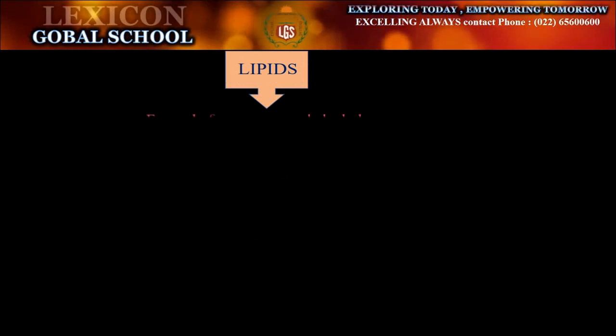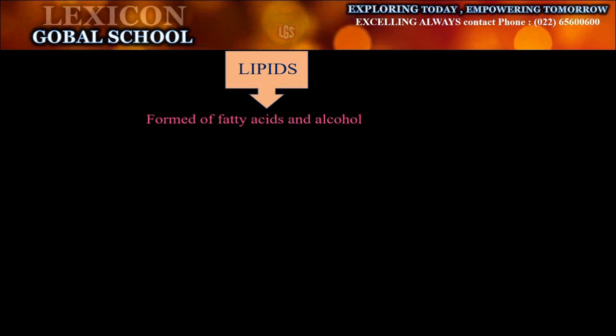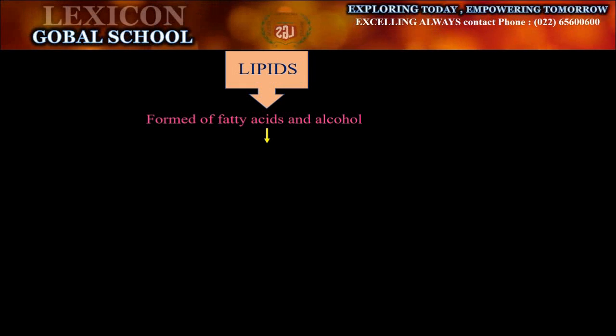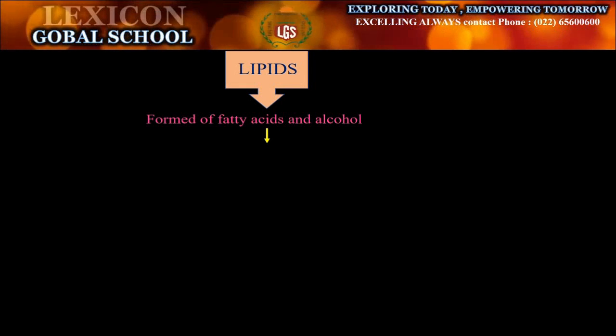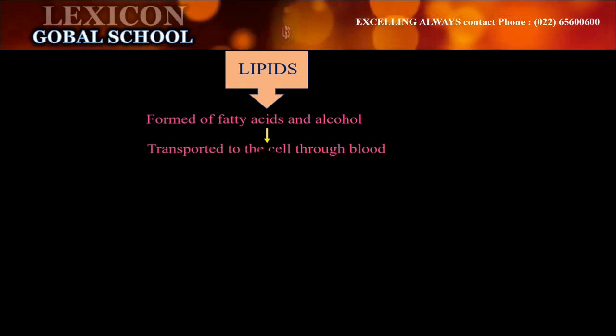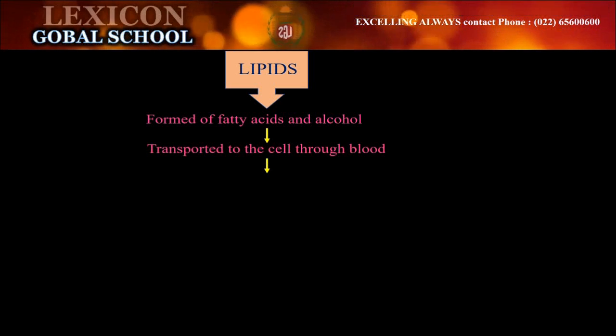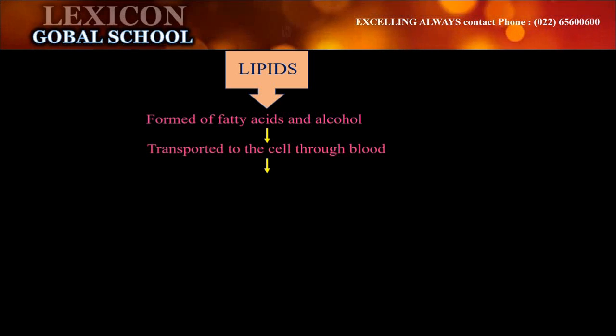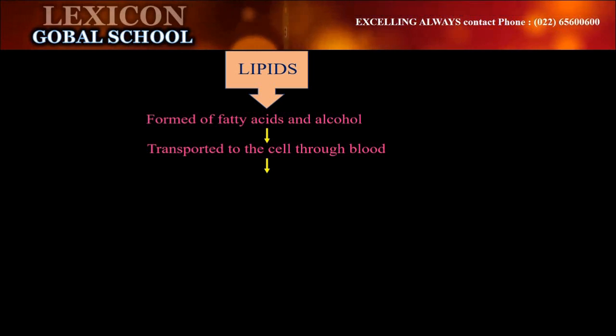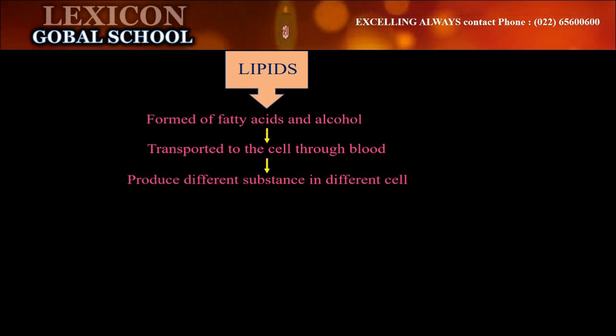Lipids are formed of fatty acids and alcohol, which have a specific bond between them. When lipids are digested, they are converted into fatty acids and alcohol. Absorbed fatty acids are transported to all the cells through blood. Fatty acids provide different substances in different cells. Examples of these are